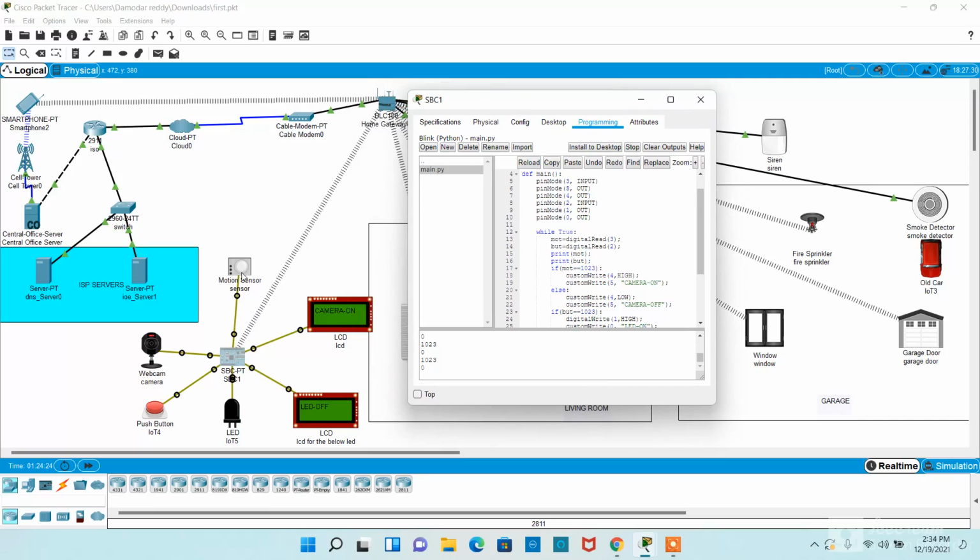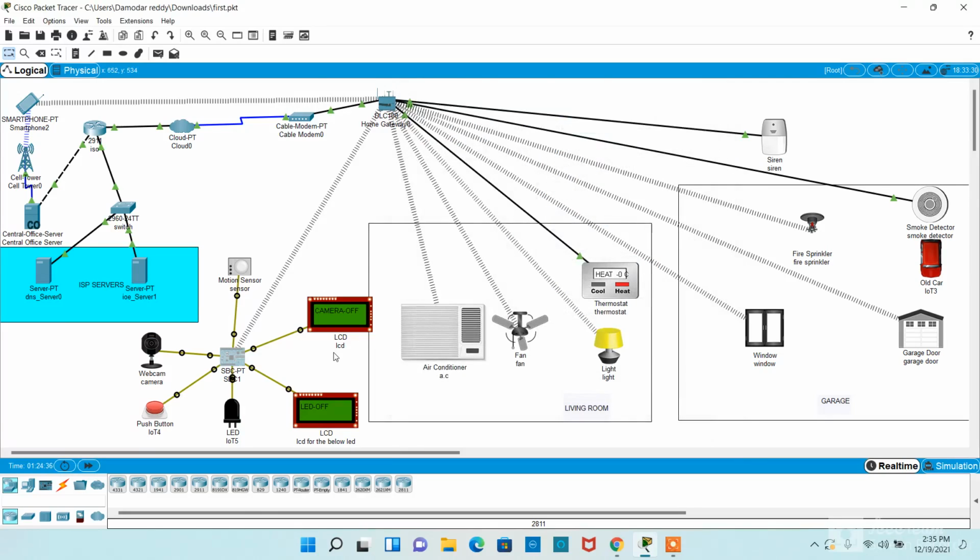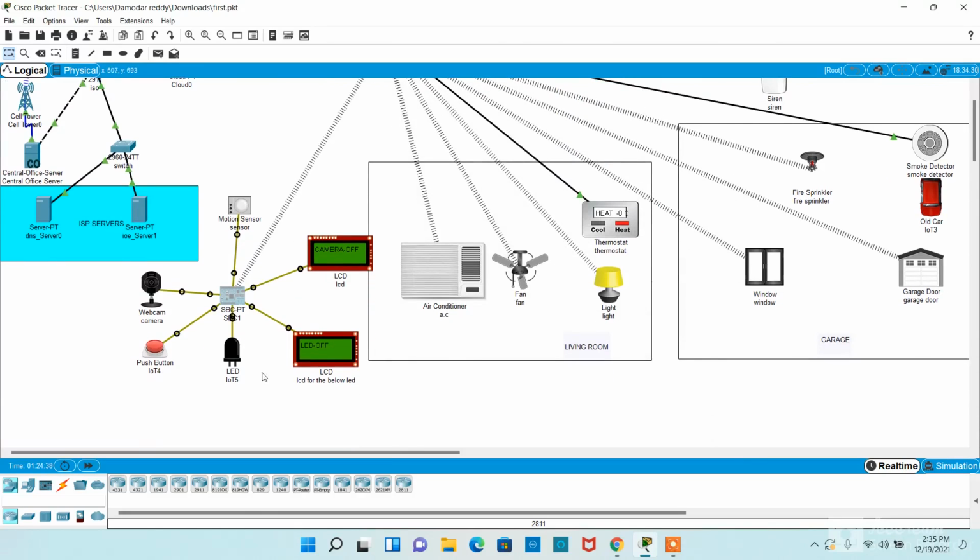Here the motion is detected, the webcam starts working, the LCD displays that the camera is on, and the output changed from 0 to 1023 with respect to the logic which I wrote. Similarly, whenever we hit the push button, the LED will start working. The LED will blink, and the LCD shows the LED is in the on stage.